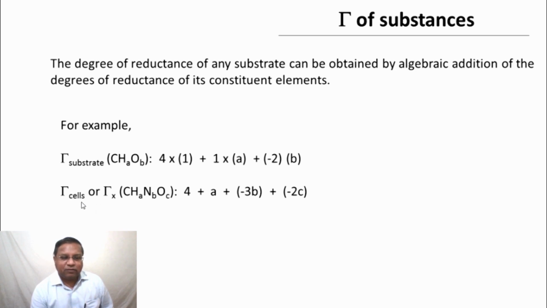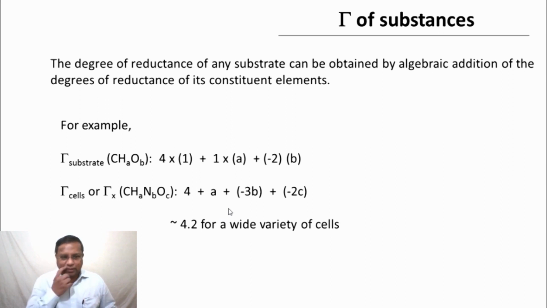So the degree of reductance of cells, or gamma X, would be 4 into 1 for carbon plus 1 into A for hydrogen plus -3 for N into B, and plus -2 for O into C. So this would be the degree of reductance of the cells. This gamma X has been found to be about 4.2 for a wide variety of cells, and herein lies the strength of this method. This has been estimated, and similarly the parameters that we are going to look at chiefly,